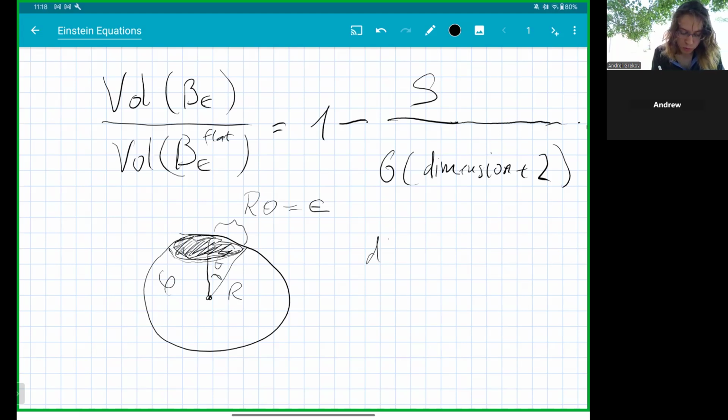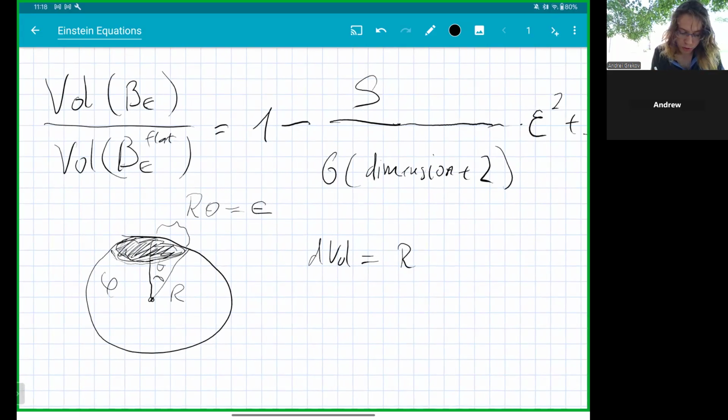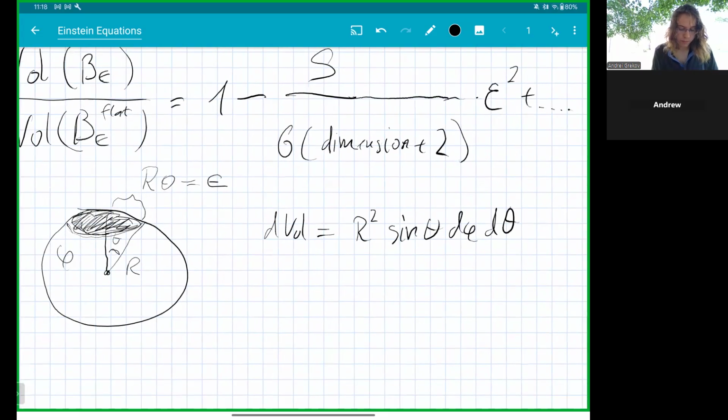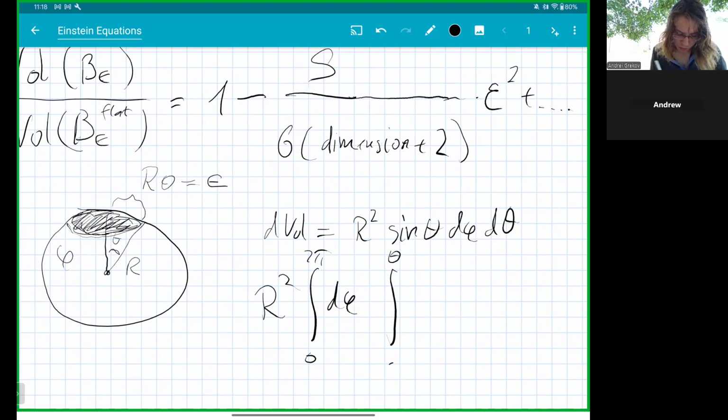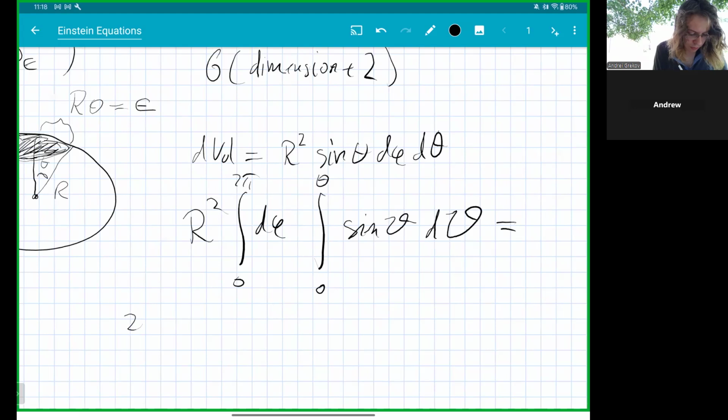And we know that the volume form on a sphere is just r squared sin theta d phi d theta. So in order to calculate the area, we write down this integral, which gives us